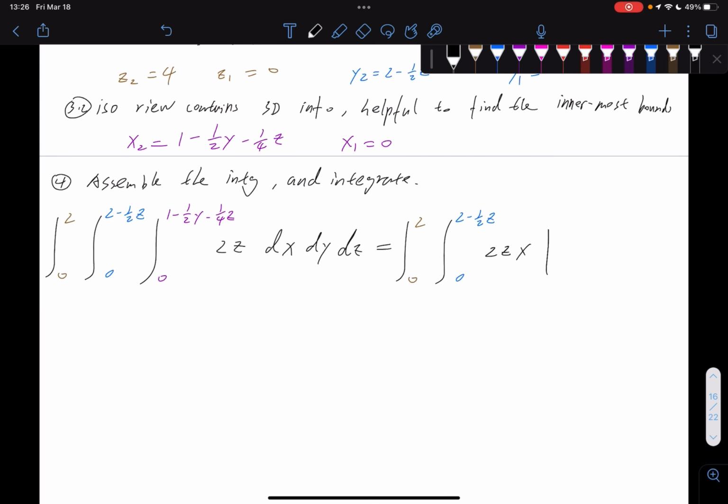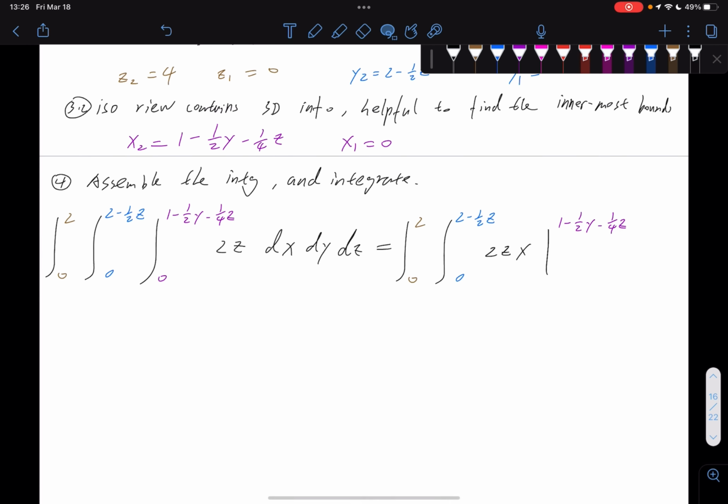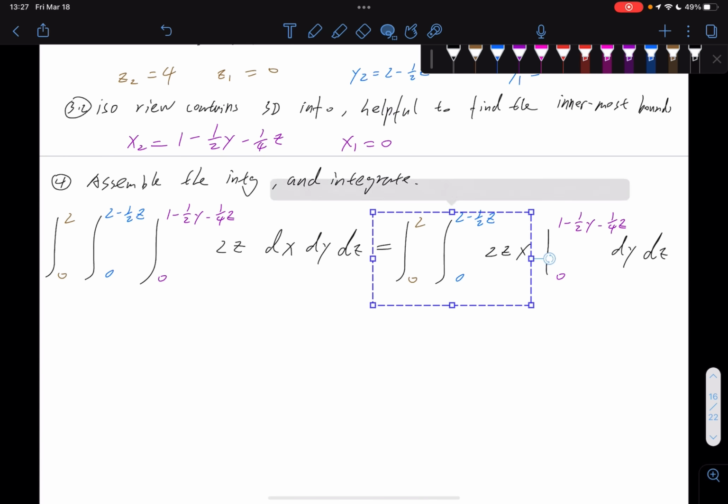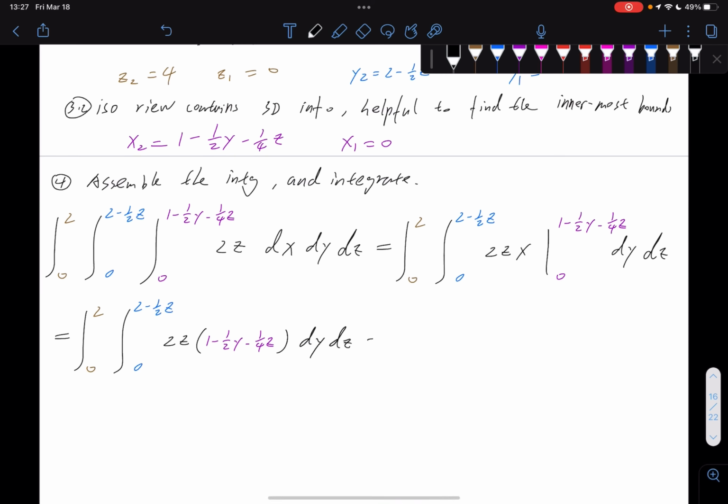So again, we're treating z as a constant, so it makes things super nice to deal with. From 0, dy dz equals, right, so this x is now replaced by this equation. Of course, minus 0, but we're going to ignore that. dy dz equals to,